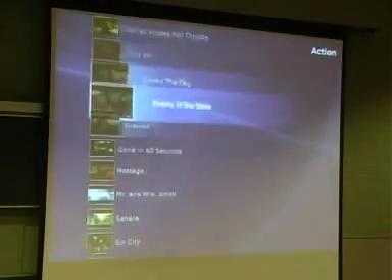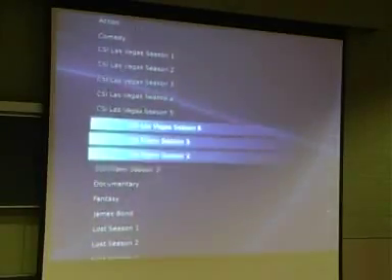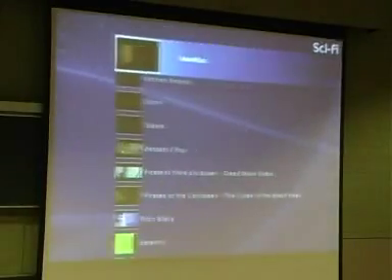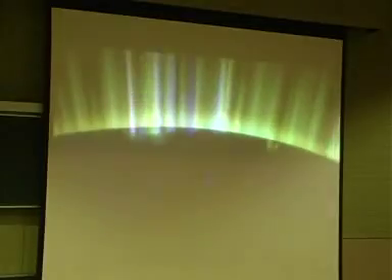So you can go through and watch it, and let me go find something down here in sci-fi. So actually I like Pitch Black. And it just works like any old video player. So you fast forward and rewind. But the fun bits come